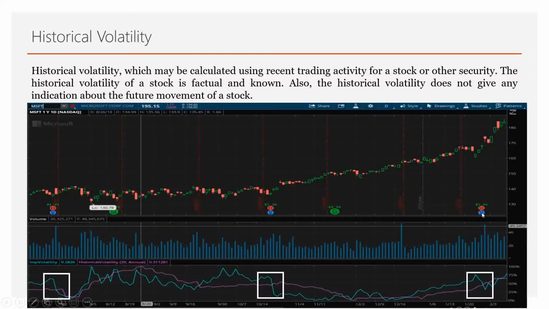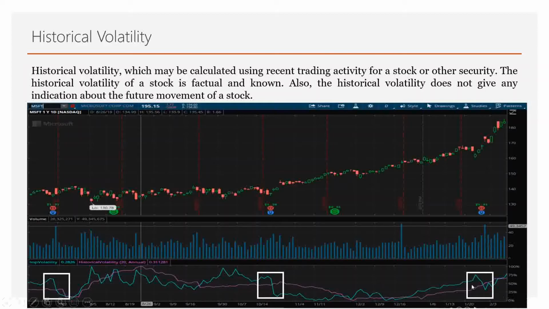So right at this blue light bulb, your earnings happened. So right at the time of earnings or before earnings, what will happen? People will buy options to hedge, right? There will be more buying, right? When there is more buying, what happens? Implied volatility goes up, right? So what should we do? We should sell at that time.